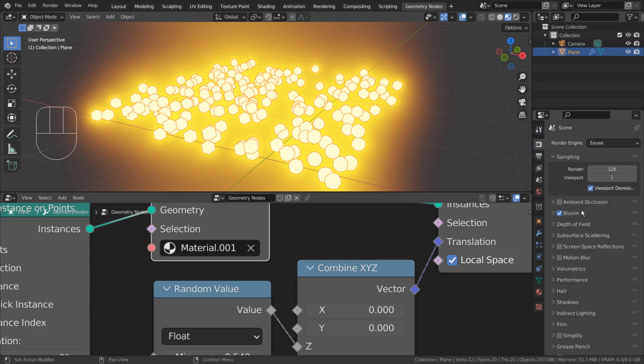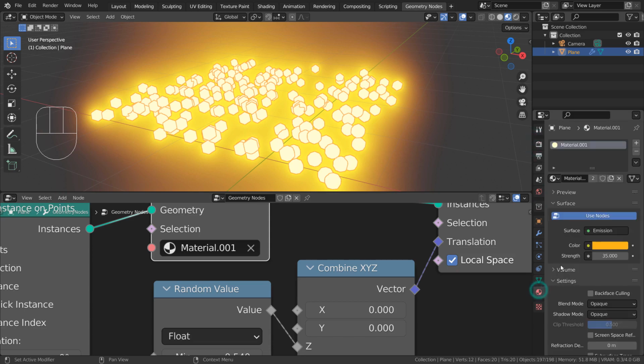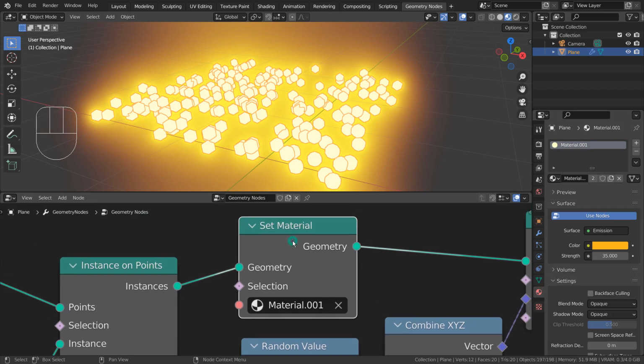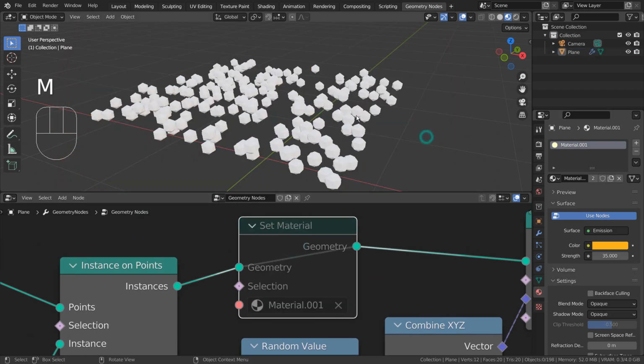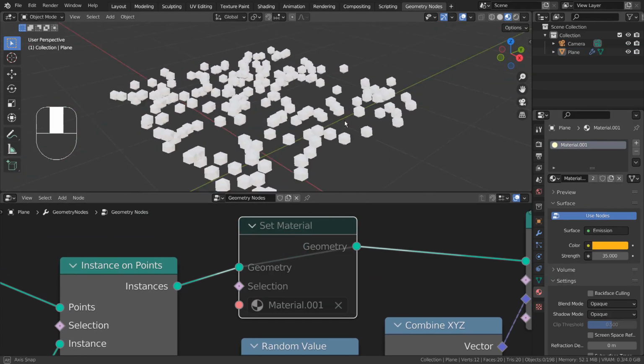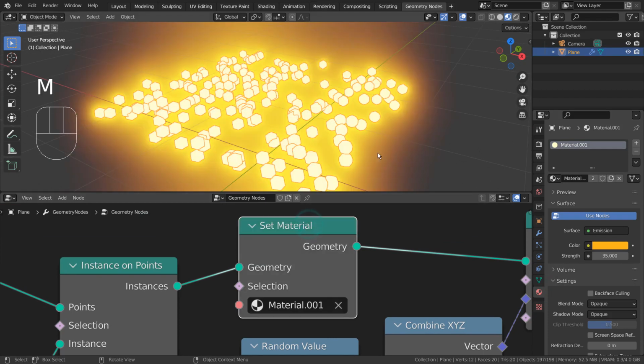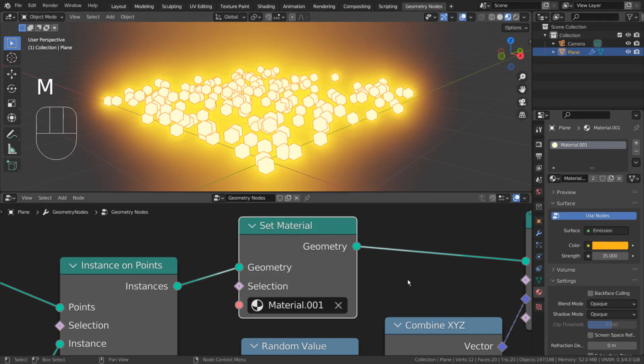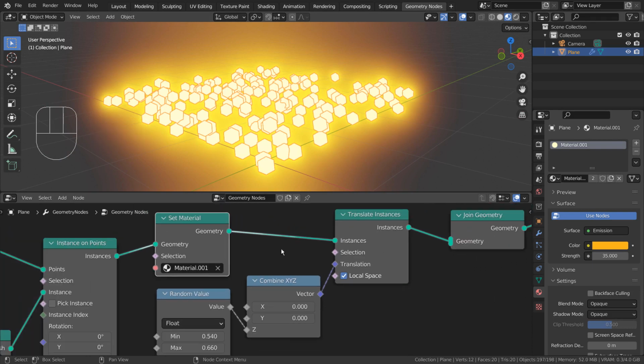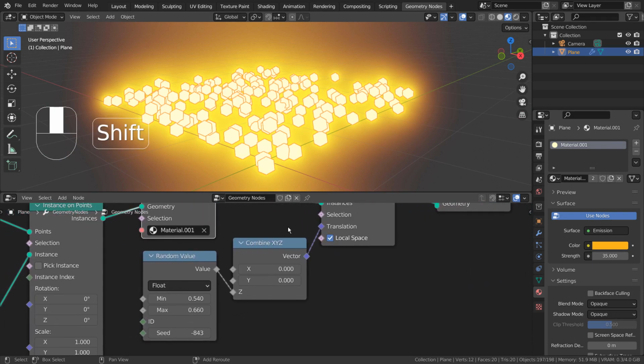I'm using Eevee with bloom turned on. These are the two nodes that make the random height illusion possible.